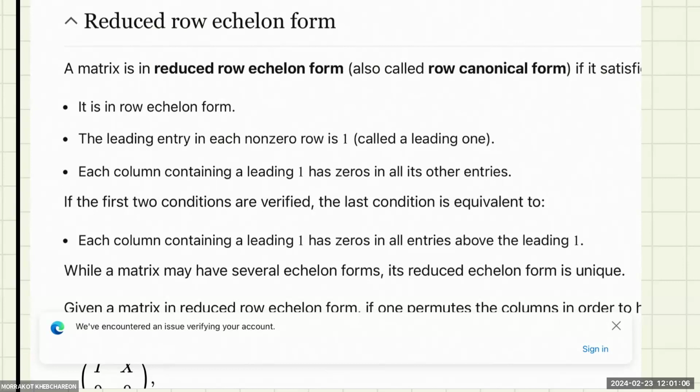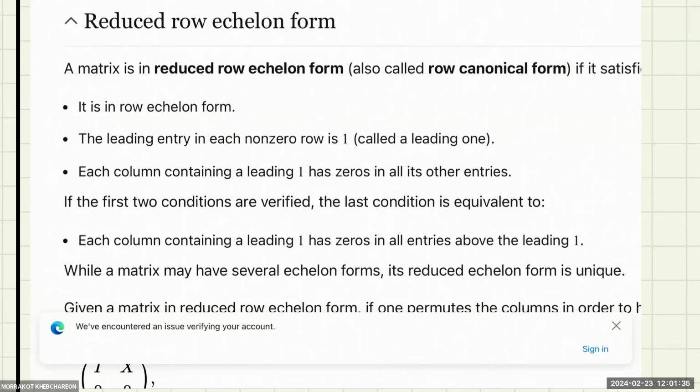Okay. New word, new vocabulary. Okay. So we want to check the matrix. Is your matrix in the reduced row echelon form? Okay. So I will say that